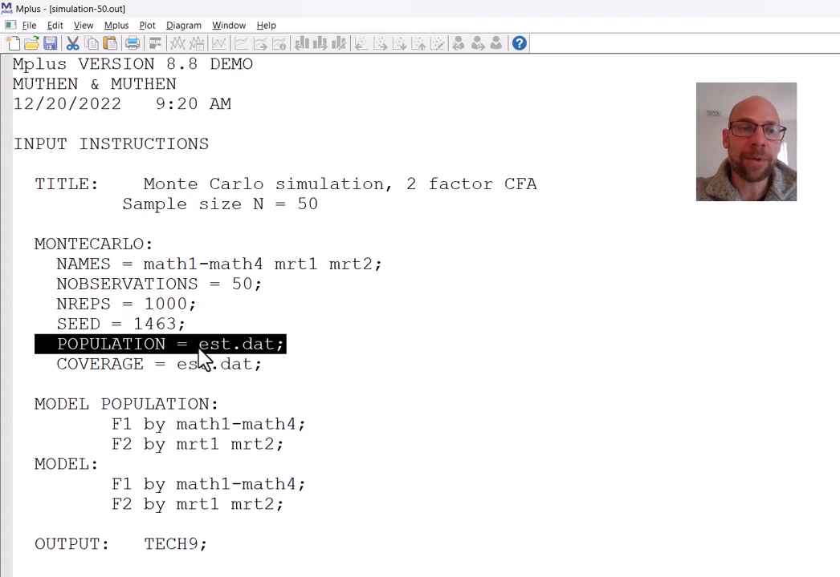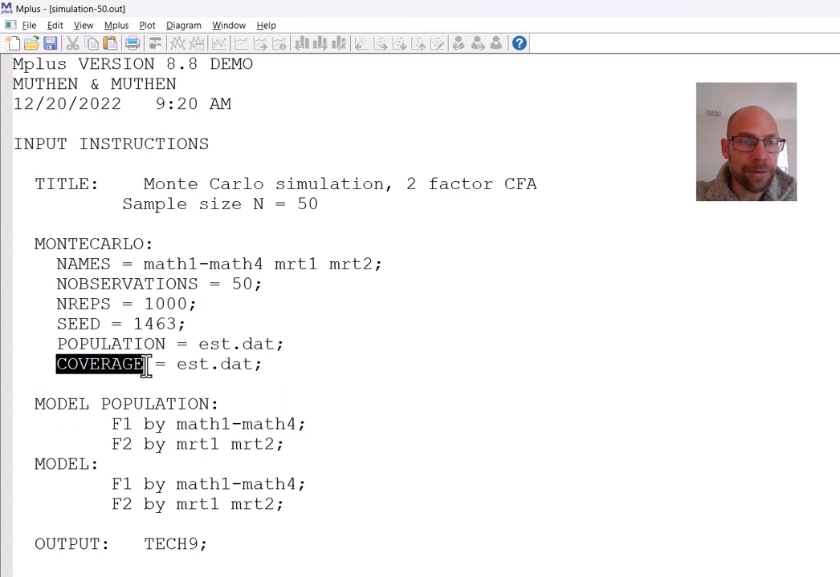to specify population equals std.dat, which means that rather than manually specifying the parameter values for each replication of the simulation, we are now taking those estimates out of our est.dat file. And that makes it really practical, because this allows us to then not specify all the parameter values manually, which would be a lot of work. So then these are also used for calculating coverage,